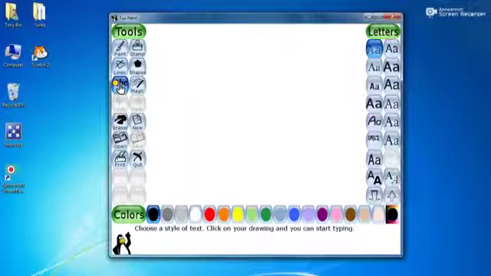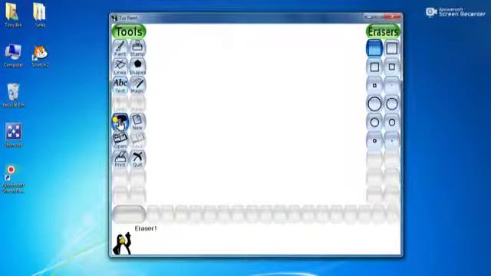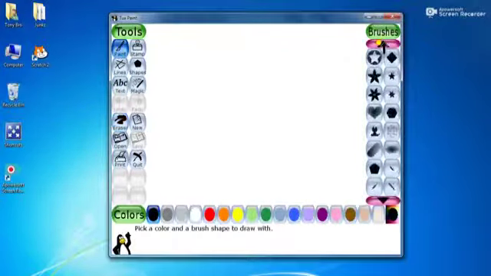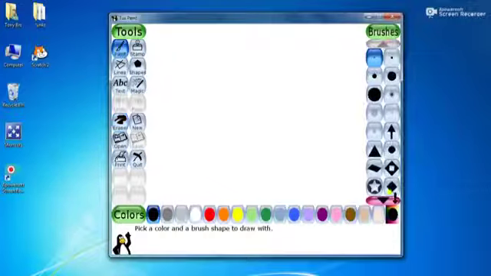Suppose I select a text tool, you see the different types are here. And the eraser tool also has a few types here, different shapes and sizes. So we come to the paint tool.